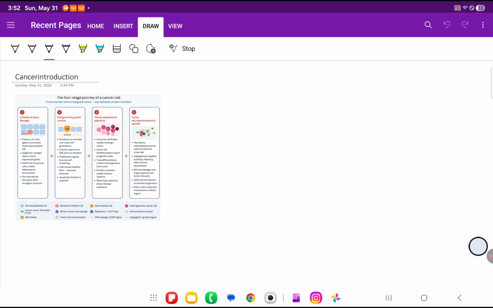We will first understand what cancer is, and then we will proceed to understand what the molecular mechanisms for